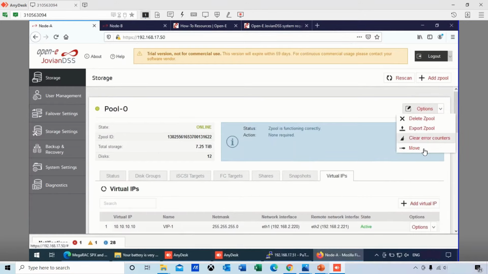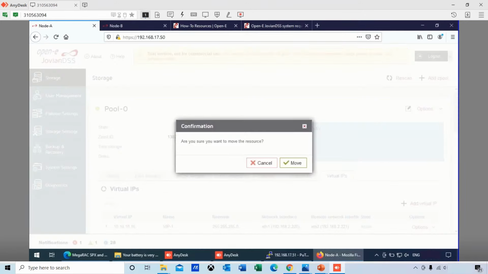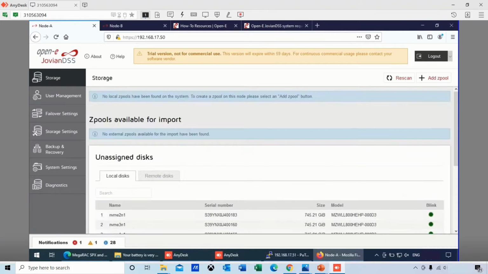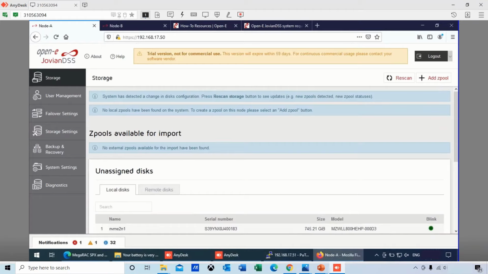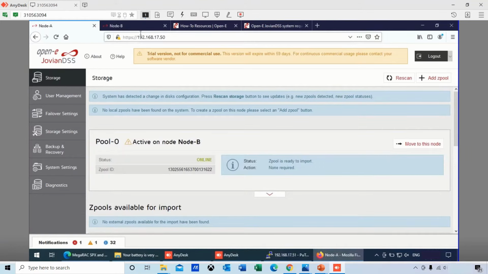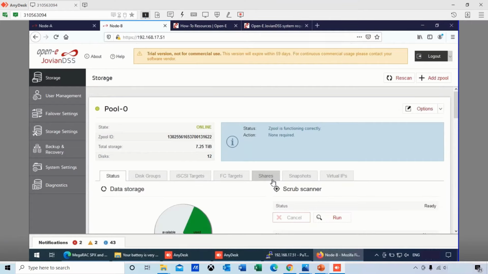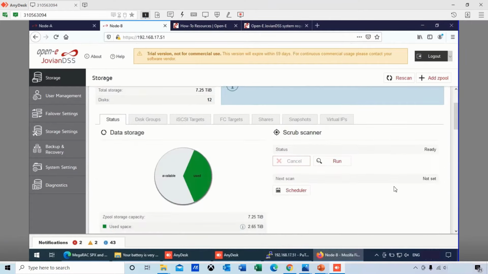And if I move this node over to node B, I'm basically shoving the pool resources, which is owned by node A, and passing it over to node B. Now node B has the ownership. The pool has been exported and over to node B. Node B has taken over, and the virtual IP address of 10.10.10.10 is still live, and your hosts and clients can continue to write as if nothing ever happened. And that is the simplicity of it.